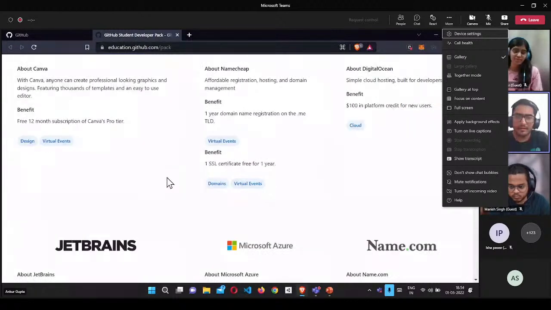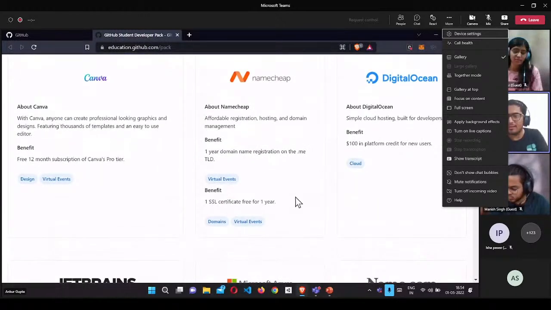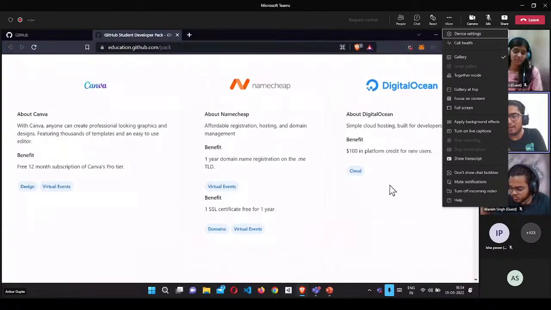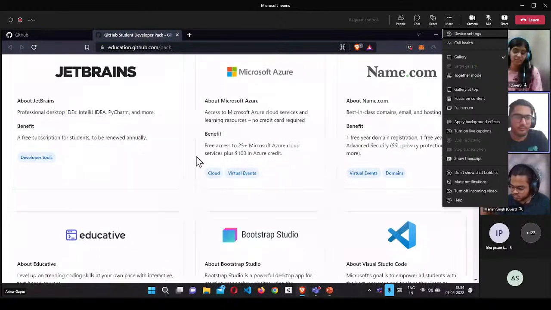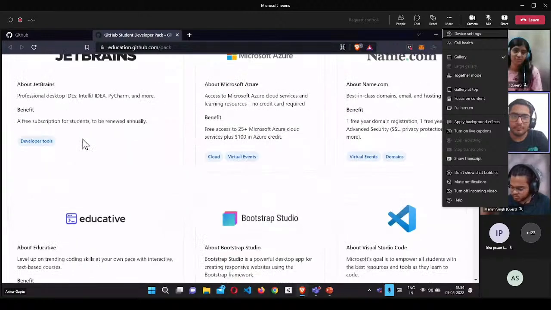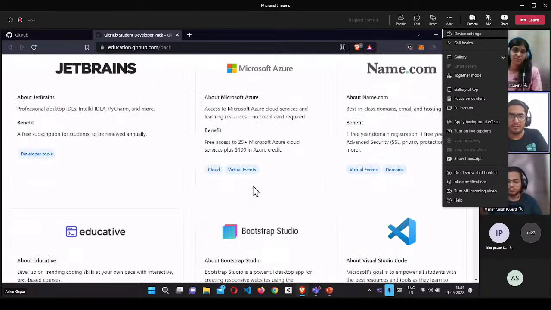It also gives you a .me top-level domain on Namecheap. It gives you $100 credits in DigitalOcean. It gives you $100 in Microsoft Azure. It gives you a free subscription of JetBrains, and it's a long list. You can just browse it, and there are so many things that you can check out here.